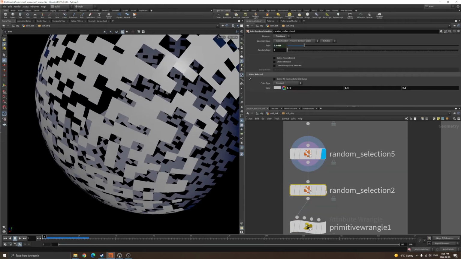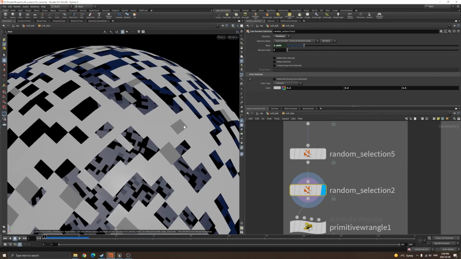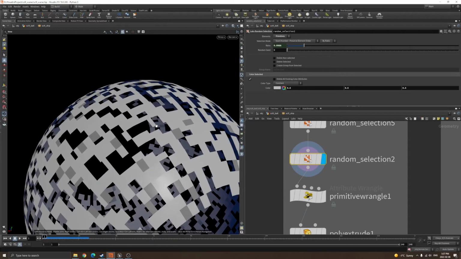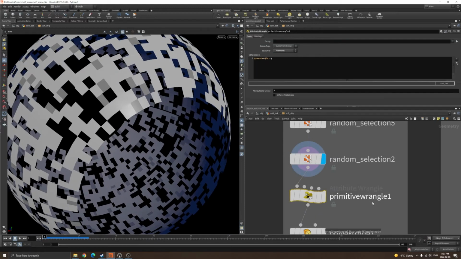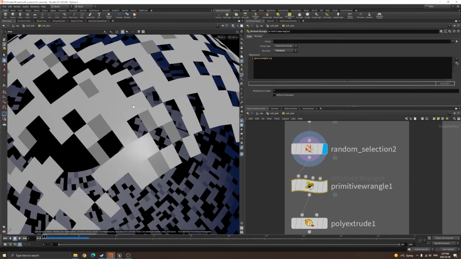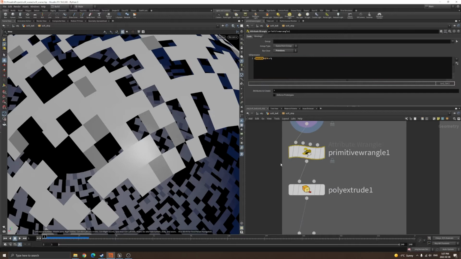I also attach another random selection here, so you can see these gray ones are the ones I selected, and I will only extrude these gray parts here, I think. So in the primitive wrangle here, I write sc_skill equals sc.d.r. What this means is, based on the color here, it's assigned to the attribute sc_skill, and this sc_skill is going to be used in the poly extrude node